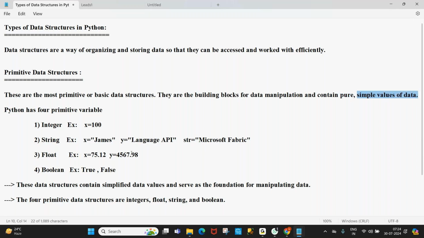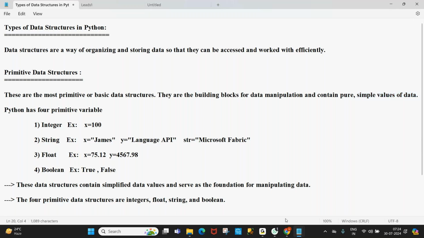These are all pure, there is no mixing of different types. Boolean can hold either true or false, a simple value. Even float can hold a simple value. Even string can hold a simple value within the double quotes. So these are basic data structures.